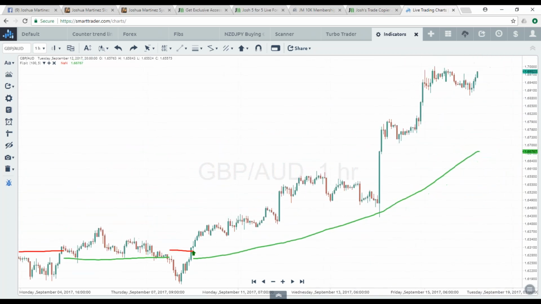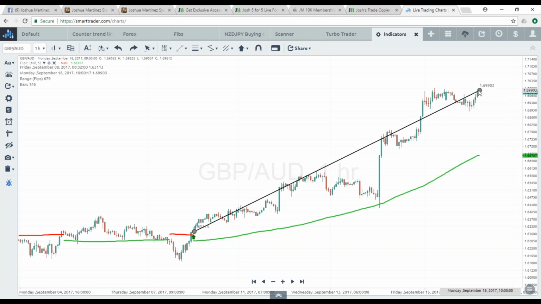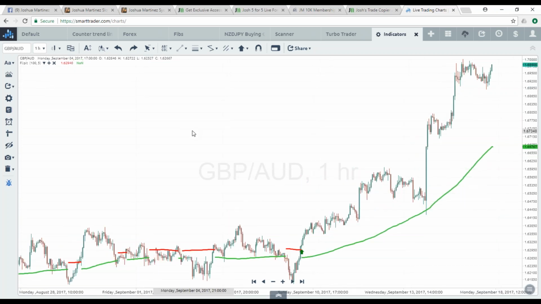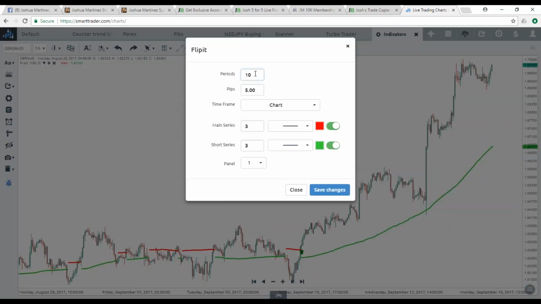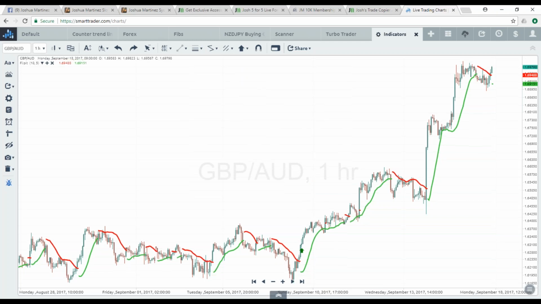Towards the north. Pushes up, pushes up, pushes up. And in this scenario, this provided the latest buy trade of right around 677 pips. Now, in my opinion, I would like to utilize the function of using the flip it as more of a short-term mover. So I'm going to go back to the flip it, edit, and change the period to 10. Now the 10 period is going to give me